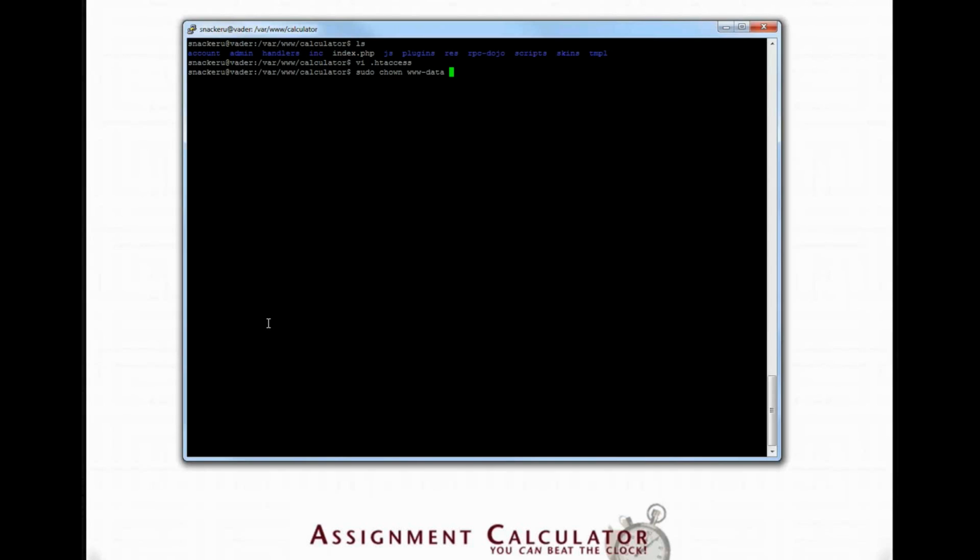So we will type from the command line here, let's see, rpc tmpl. I'm changing the owner for this file right here to the www-data user, and I need to